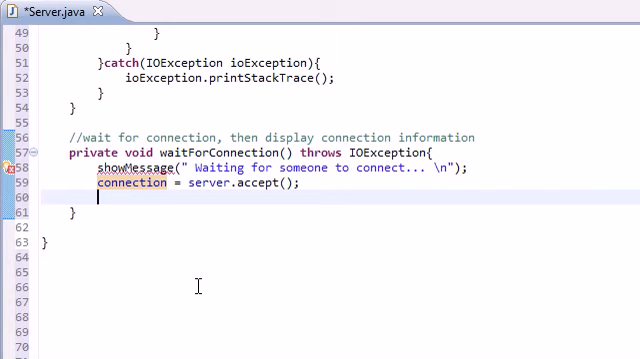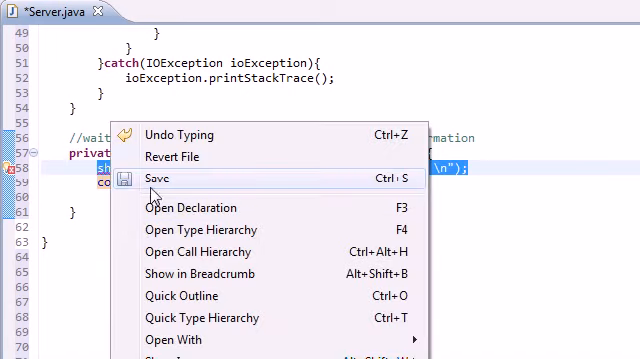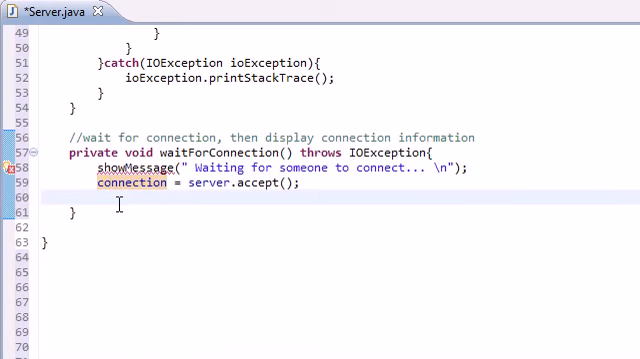So the next thing you need to do, now that you're connected to someone, is put in another output message. I'm too lazy to type it, and I know I didn't use Control C, Control V. I'm just too lazy to type with my left hand from time to time. So we'll just say, once you have a connection, now connected to,